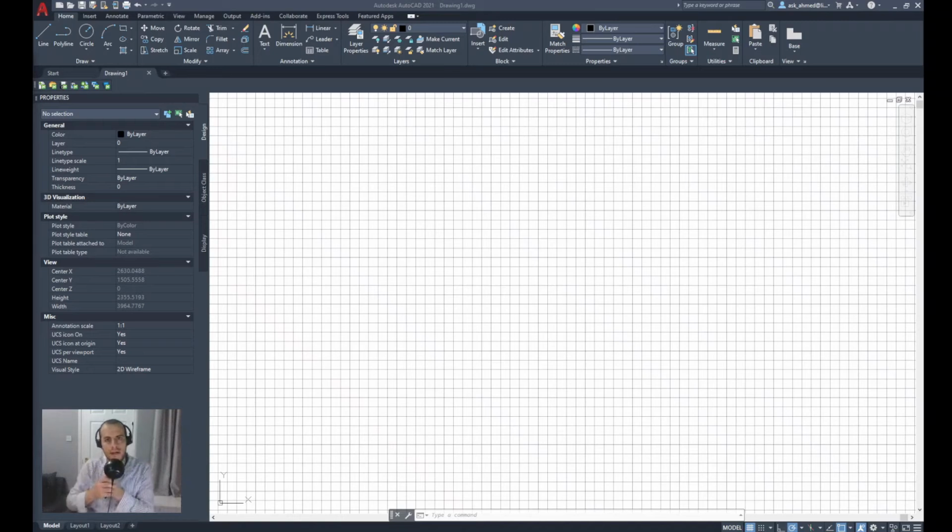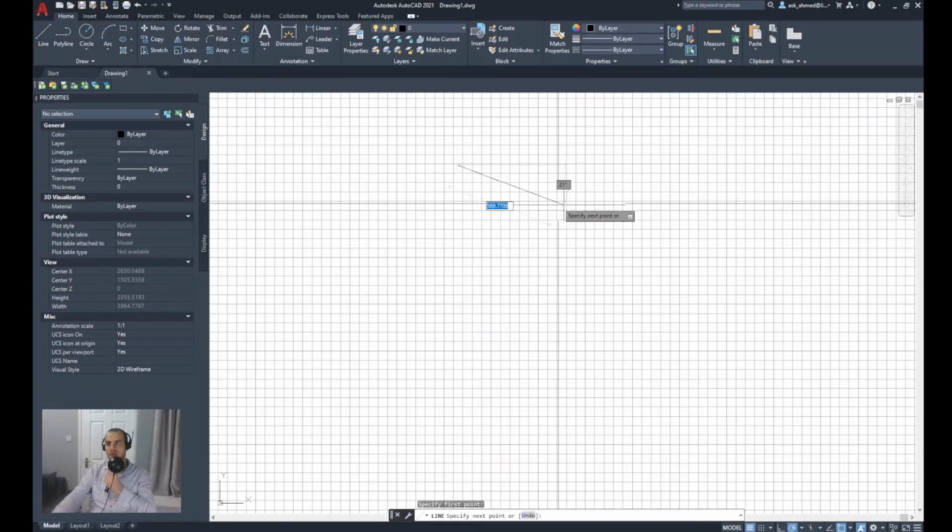Hello again. I will be showing in this tutorial how we can edit a polyline to join selected segments. There would be some times where you have individual lines or lines that are not forming a closed polyline, so you need to join them. Let's start. So starting, I'll be just drawing some random lines